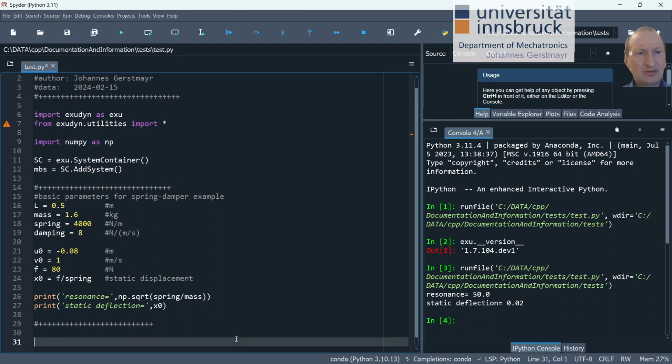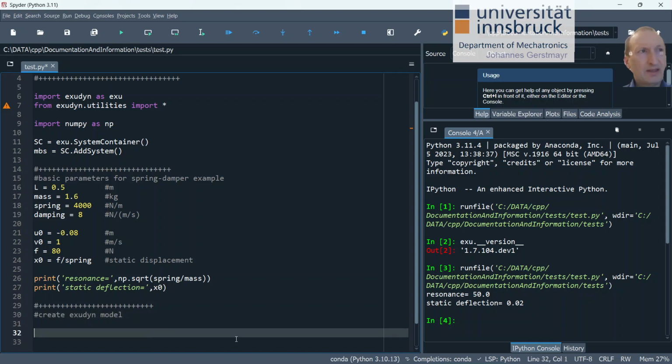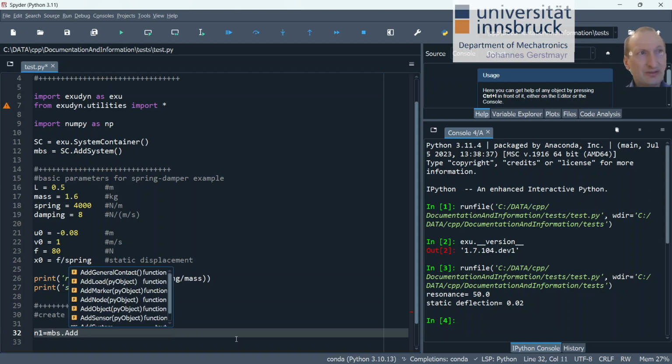Now let's create the model. And for that, we're doing it here in the very basic way. So there are simpler create functions, as you have seen in the basic tutorial, but here we will really work with the nodes and markers and everything that is underlying. So we will start with a node,